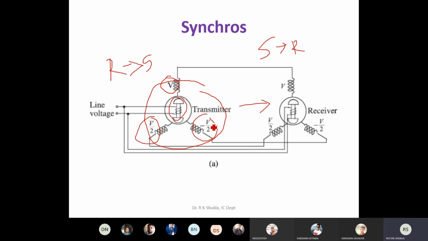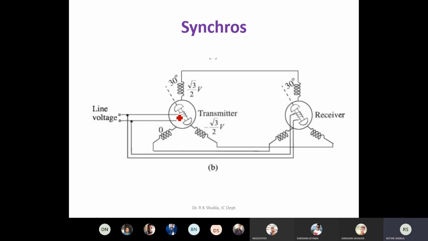Here we are doing the same thing. On the primary side or on the transmitter side, based on the position of the rotor, we are getting voltages on the stator. Clear? Then on the secondary or on the receiver side, with the same stator voltage, you are getting the position of rotor. Clear? So here the stator voltages V, minus V/2 and V/2, with their help you are achieving a position of rotor. So what it says, suppose if I am moving the rotor by 30 degree,